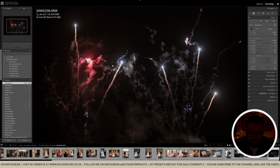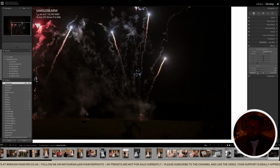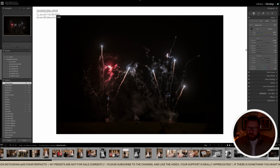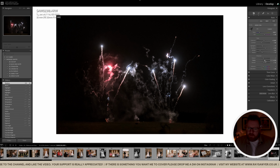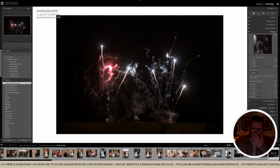Let's go 1 to 1. So you can sort of see the noise. This does have grain on it as well, so if you've got a really noisy image, we could turn off the grain, because we're getting that noise through anyway, and it'll help. So that image technically doesn't need it. And let's just pull the whites up a little bit, and the highlights, and just pull them back a little bit. Pull the blacks down if we want, and then let's see if we lift the shadows a tiny bit more clarity. And then I'm just going to add a tiny bit more denoise to this as well. I try not to add too much because it can actually reduce sharpness, but when it's just fireworks, I think we'll be fine. Could also use the denoise AI function in here now as well,